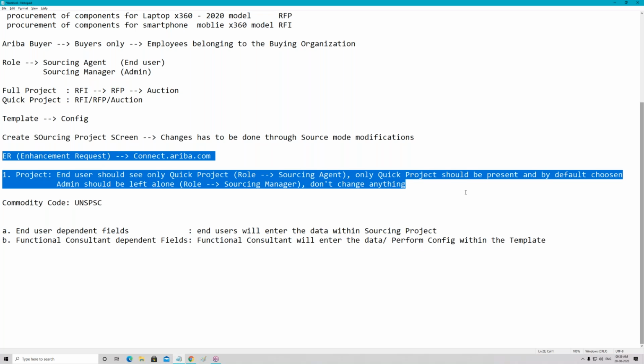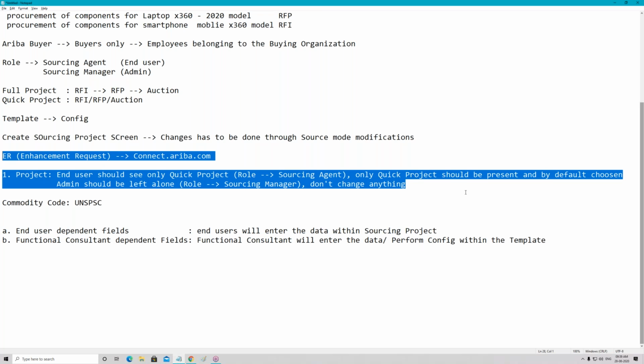In reality you can do that particular configuration, but you should have the knowledge of how to do it. If you don't have that knowledge, he will take the easy way out and say this is an ER. That is why if you go over there, you will see 100 plus, maybe even 150 ERs. But in reality, 30, 35 ERs is more than enough, just to cut short, which can be done within the Ariba given possibilities. They're going for an easy way.